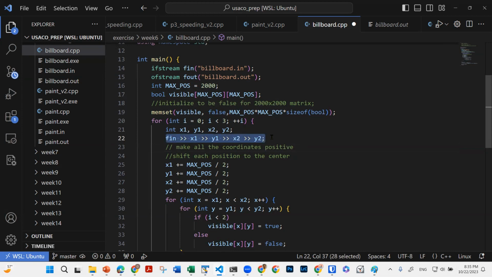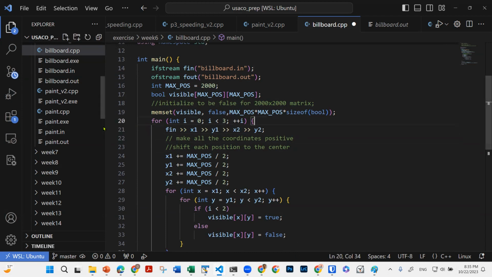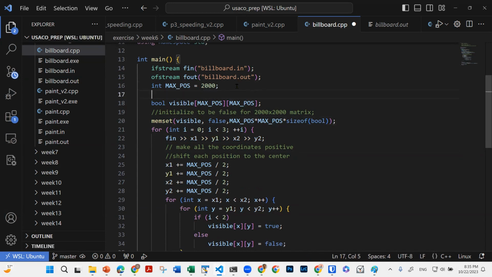This is the first coordinates, the first billboard. But we put it outside this loop. Those coordinates, we're going to reuse for the billboard as well as the second billboard and the truck's position, right? You read those four coordinates, and